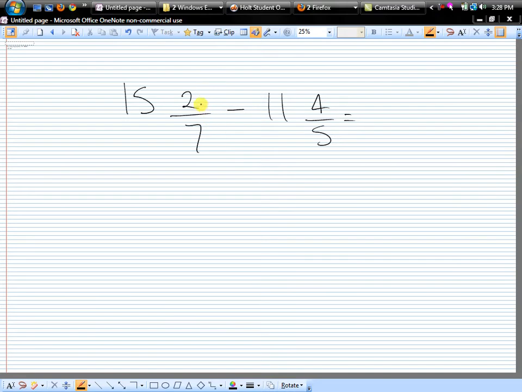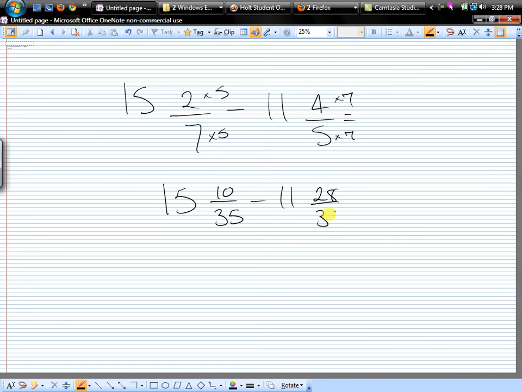So I'm going to multiply 2/7 by 5 and by 5, and 4/5 by 7 and by 7. After the multiplication is complete, you should end up with 15 and 10 over 35 minus 11 and 28 over 35. So after getting them in common terms, or rather having a common denominator, we see that we have a